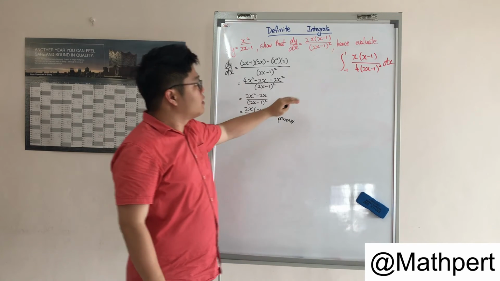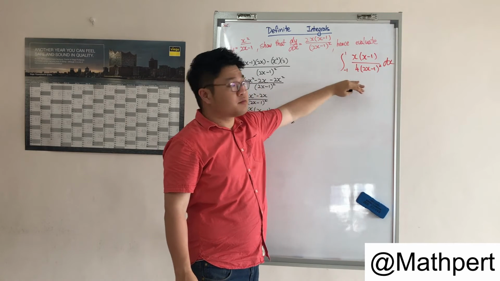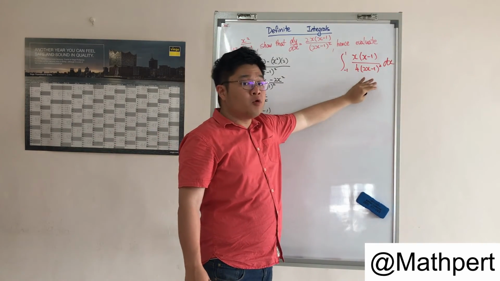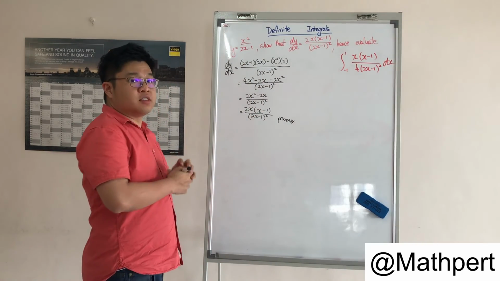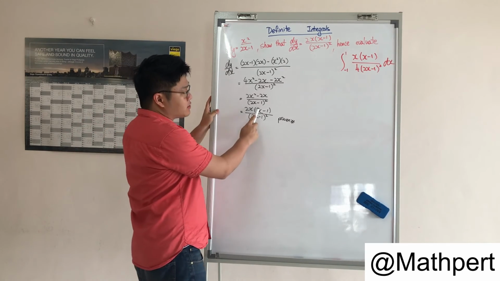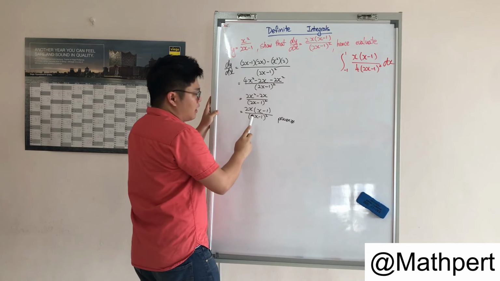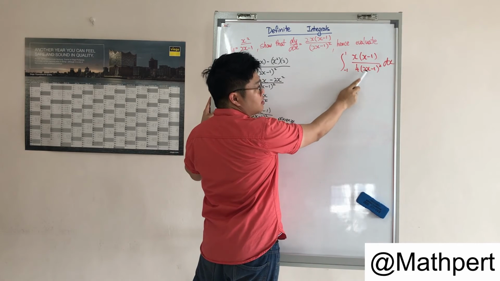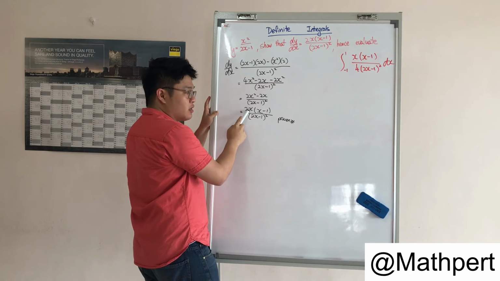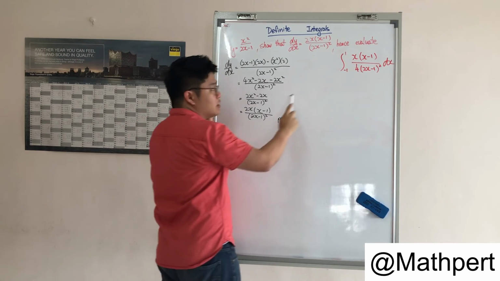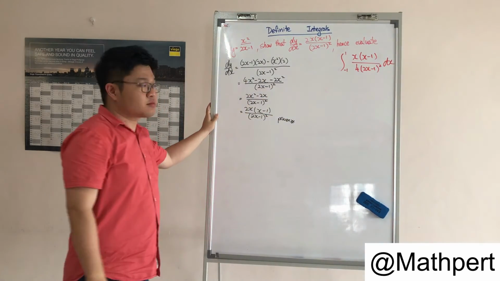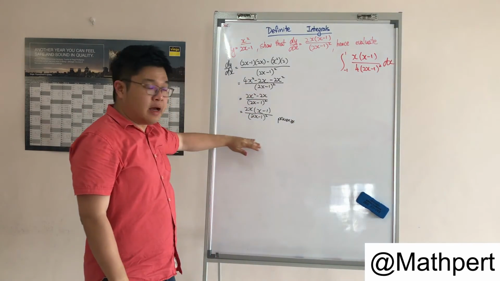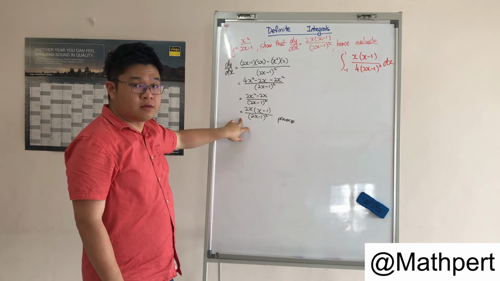And now we evaluate this. So since this and this are almost the same, let's look for the similarities and differences. We have x minus 1 over here. (2x minus 1) squared over here. They have an x here, and they have an x here. So how do we change this to this? In order to change this to this, we multiply by 1 over 8 over here.